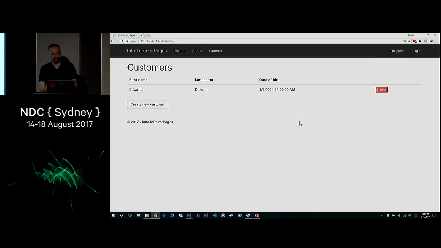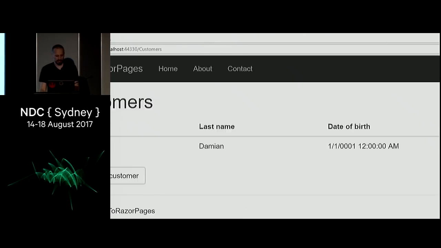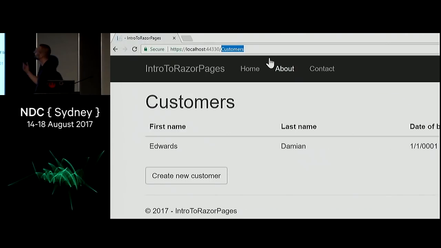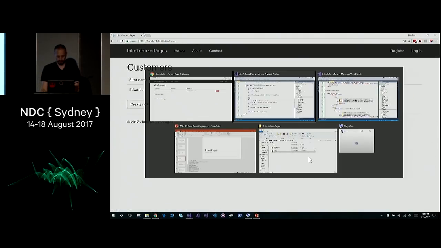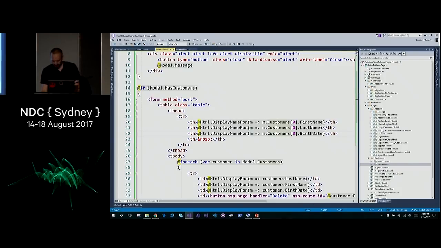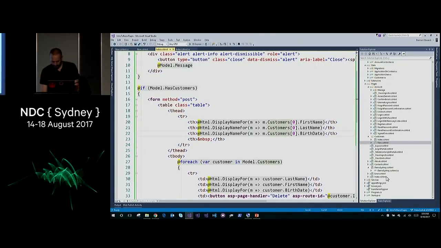Well, what if you want to change? I said that you could change this URL, but that you couldn't do it declaratively. So how would you do that? Well, you can do that in code. So let's go and do that. I think this is the app I was doing. Yep. So if I go over to my startup,